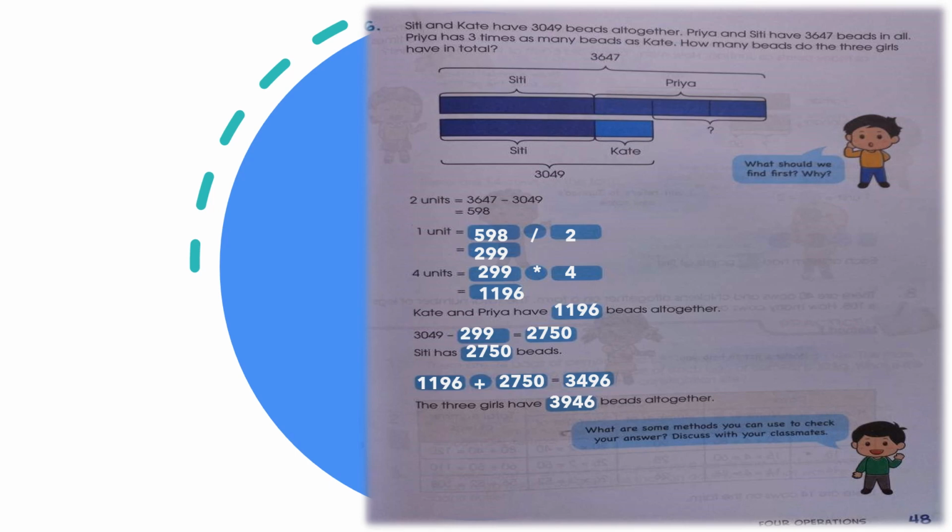So first of all, we have Cindy and Priya, who have 3647 beads. And then we have Cindy and Kate, who have 3049 beads. But at the same time, Priya has 3 times as many beads as Kate, which means that Priya has 2 more units of beads as compared to Kate. And we can easily find the value of the 2 units by subtracting the total amount 3049, which Cindy and Kate have,